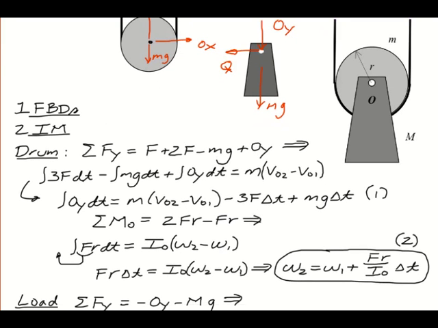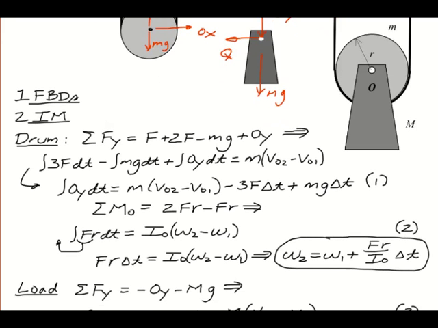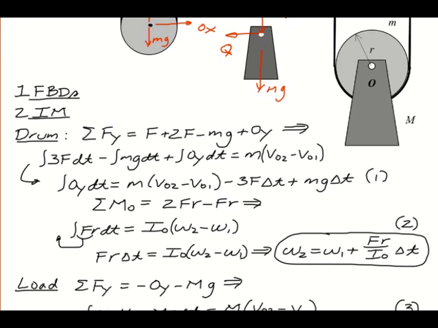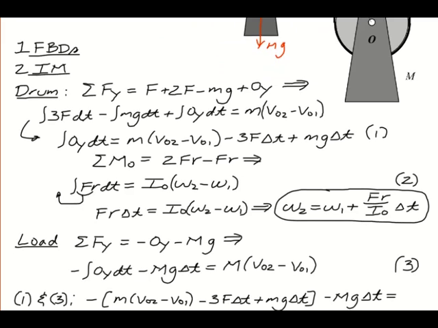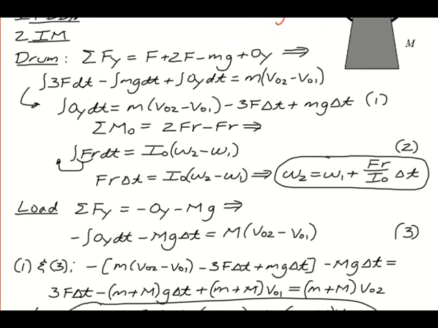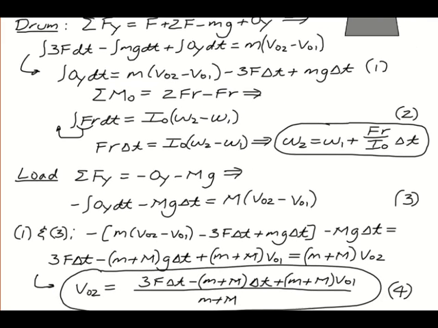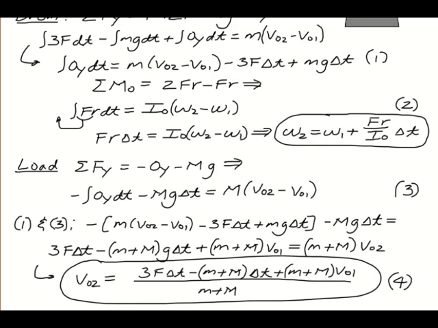Angular impulse momentum equation for the drum gave me equation 2, which is one of our answers. I went to load, sum forces in Y, and use linear impulse momentum, combine that with the linear impulse momentum equation for the drum, combine those together. No kinematics were required other than to say that O is a common point between the load and the drum,